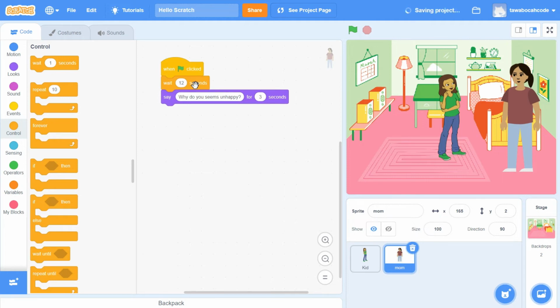For example, if we want to copy the orange and purple blocks, move the mouse over the first wait block, right-click the mouse, and select duplicate. Then Scratch will give the orange block and all other blocks under it. Link this duplicate to the bottom, then change the waiting time. We will wait 2 seconds, which is the time it takes for the kid to say, I don't have a pencil, and mom will lend a pencil.